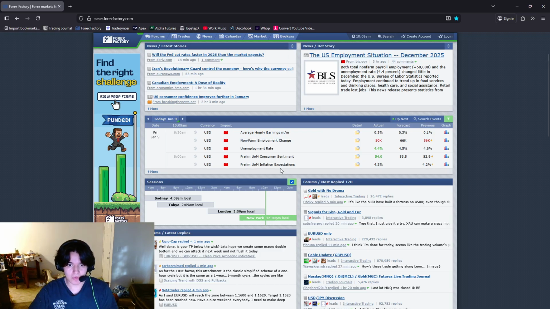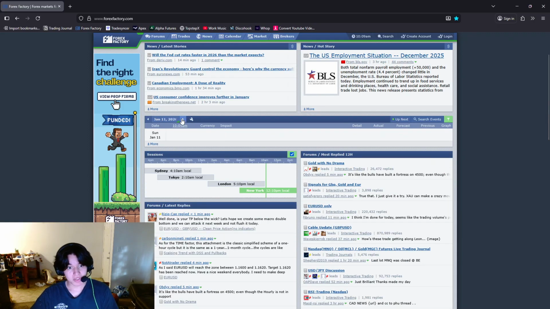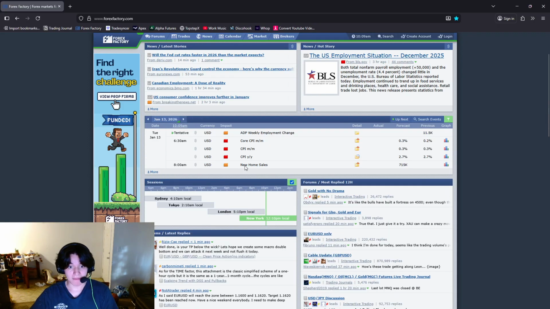If you guys want to know the most volatile news events, it's going to be CPI, NFP, and FOMC. So this non-farm employment change, that would be part of NFP. So that's pretty much all you guys need to know. When these news events come out, there might be some orange folder news events that actually have a lot of volatility,